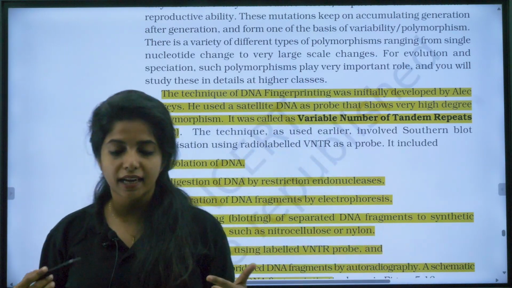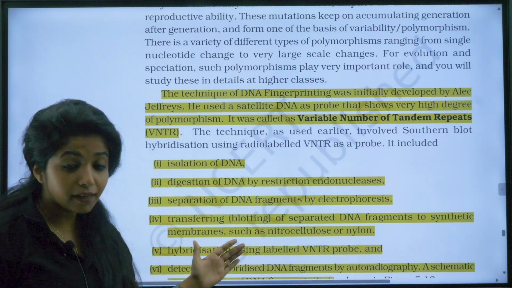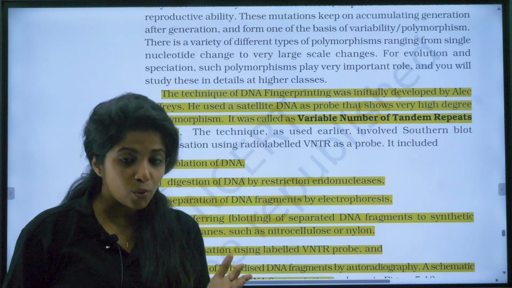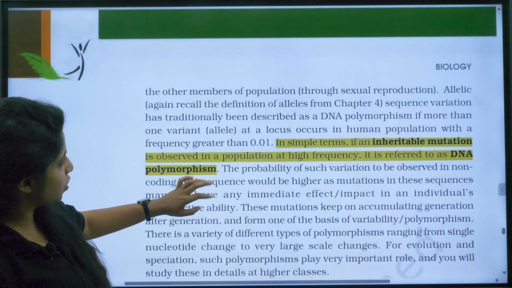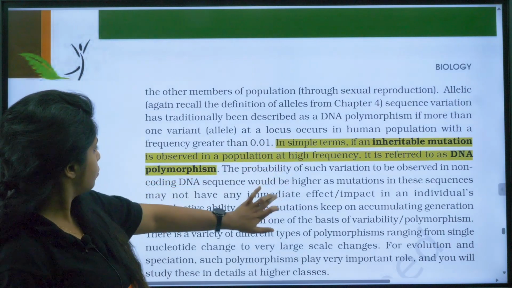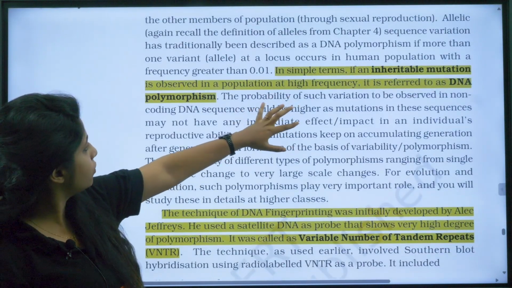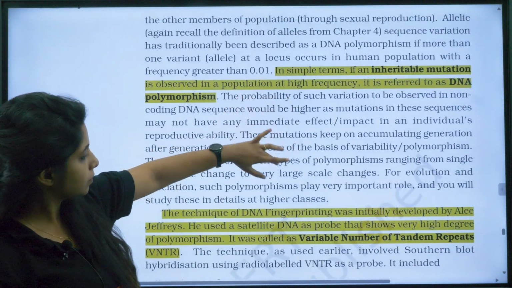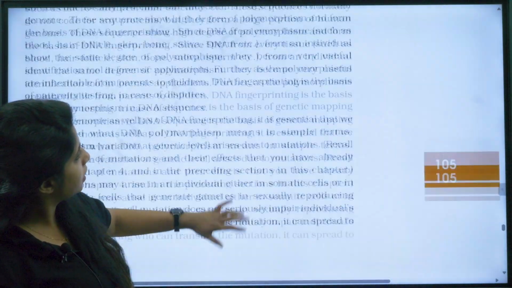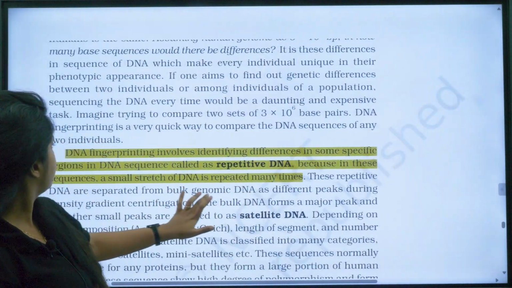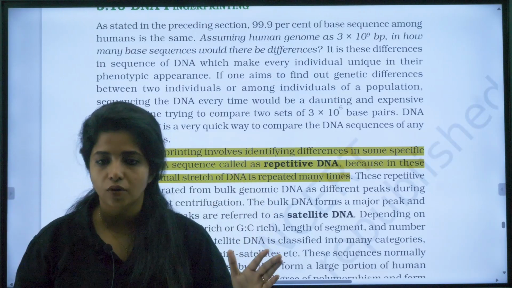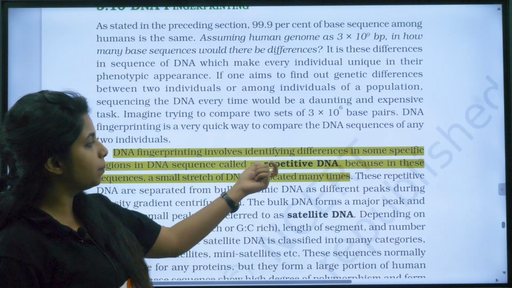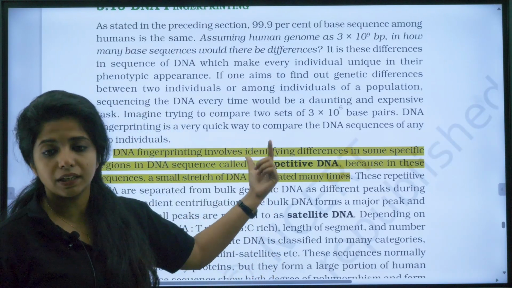So all the steps, again, as I am saying, I have explained it in very much detail. If you go and watch the master series, it will be really, really helpful for you guys. So that's all, my dear children. So DNA polymorphism, just know that. Okay, what is it? And anything else? No, yeah, DNA fingerprinting, what is it dependent upon? It is dependent upon the repetitive DNA.